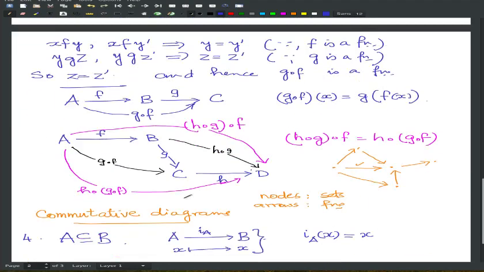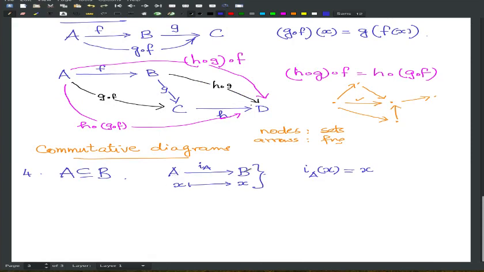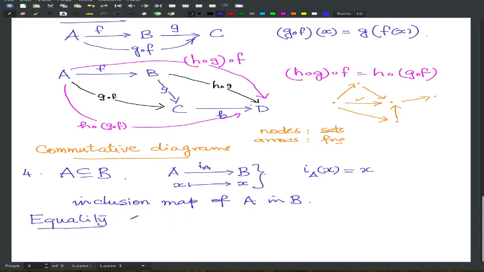Okay, so here the domain and codomain are different. So therefore these two maps are not the same, and this is called the inclusion map of A in B. Okay, so herein obviously comes in how do we decide equality of functions. So if we have two functions,